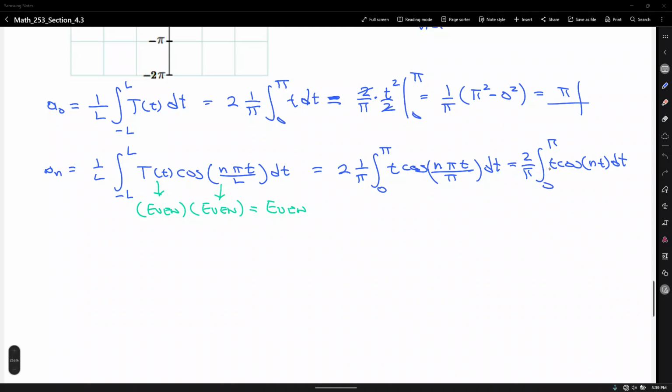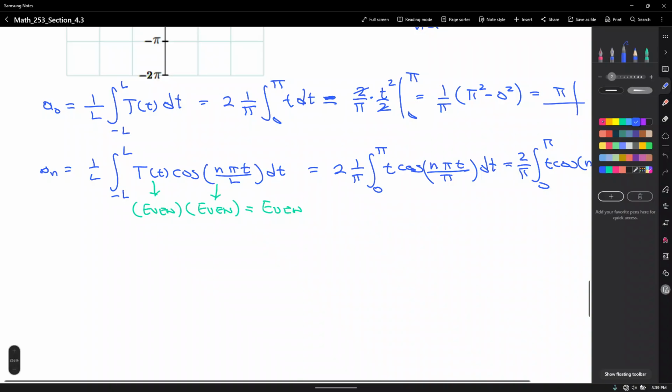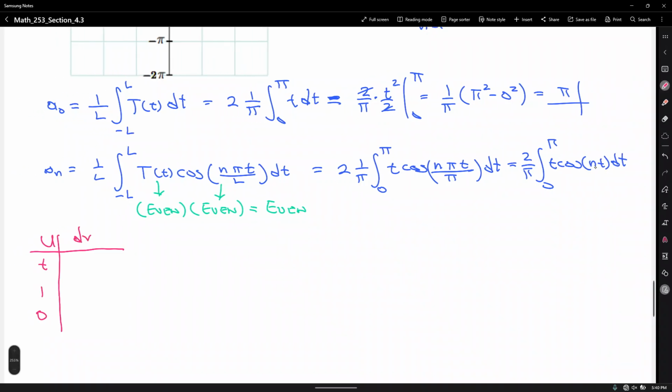Well, in this case, we need to decide which function we differentiate and which function we integrate. The t will get differentiated. So let's set u, the function to be differentiated, as t. The derivative is 1. The derivative of 1 is 0. And now, until you get to 0, you stop the process. Well, that means